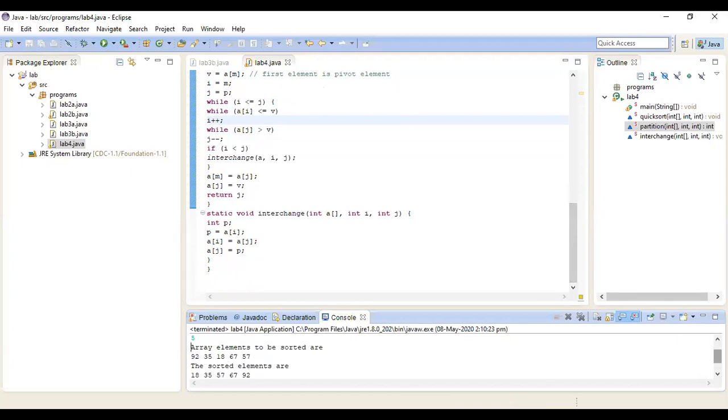It has given the sorted elements, and the time taken is 10,300 nanoseconds. Let me execute it once more. I will give the number of elements as 4. When the number of elements is less, the time taken is also less. Okay, so this is the program for